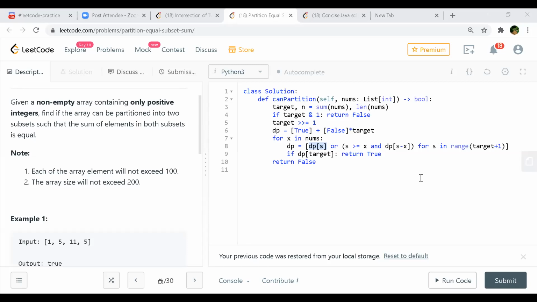How would it be n square? Because it depends on the target, and the target could be quite large. In the worst case, I'm saying, not the best possible. No, the worst case is the target is always greater than n, so it has to be bigger than n square. Because this target is half of the sum, right?